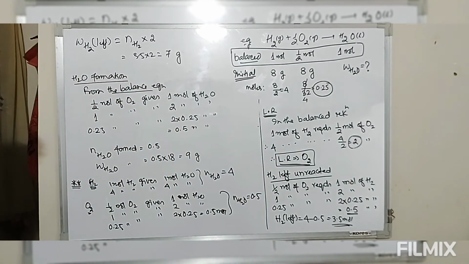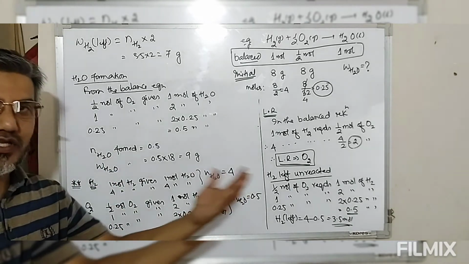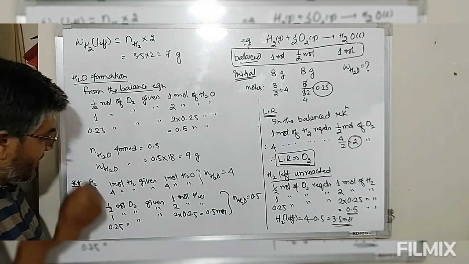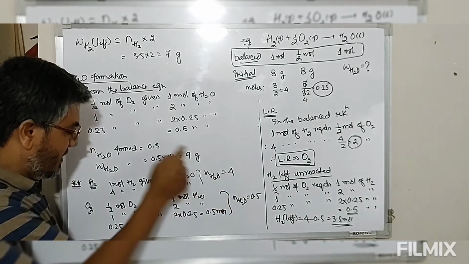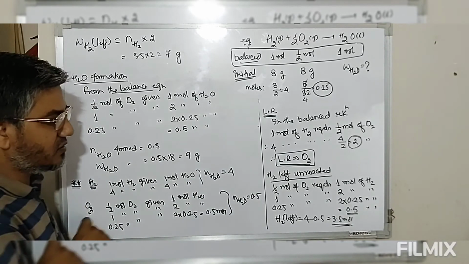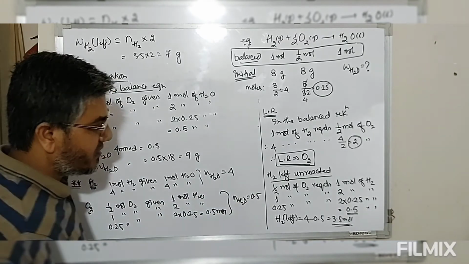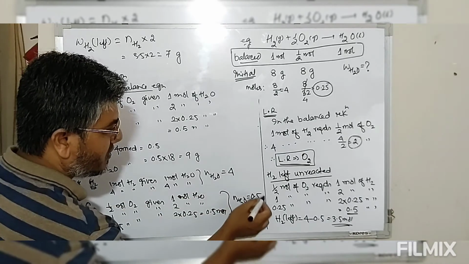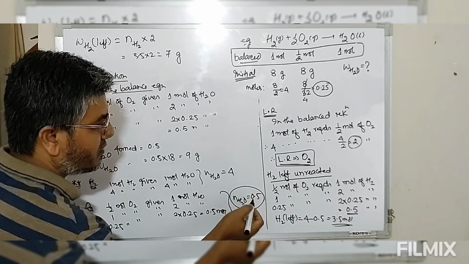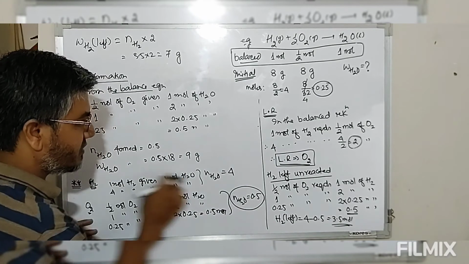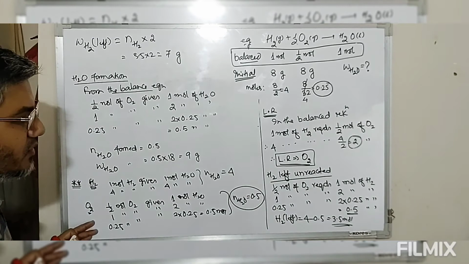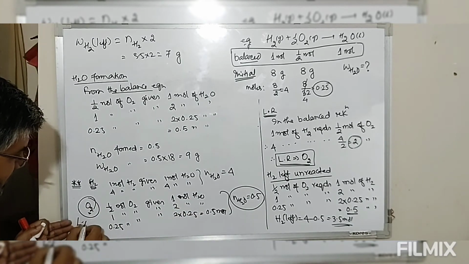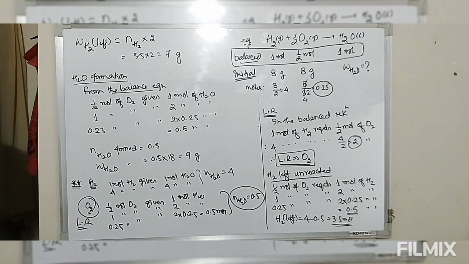Now one definition for defining limiting reagent is the reagent which gives you the least value of the product. So considering this hydrogen, the amount of water formed will be 4. Considering this oxygen, amount of water formed is 0.5. Now look at this. Out of this, oxygen gives you the least value, that is 0.5. Hydrogen gives you 4. So the one which gives you the least value of the product, this oxygen will be considered as the limiting reagent.